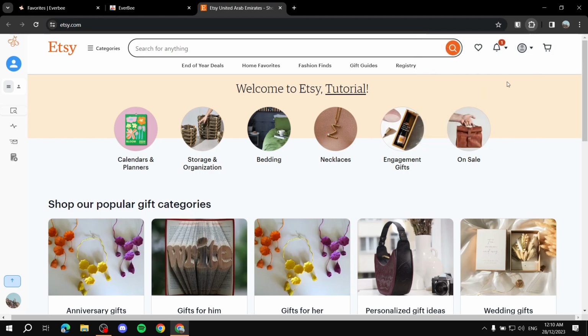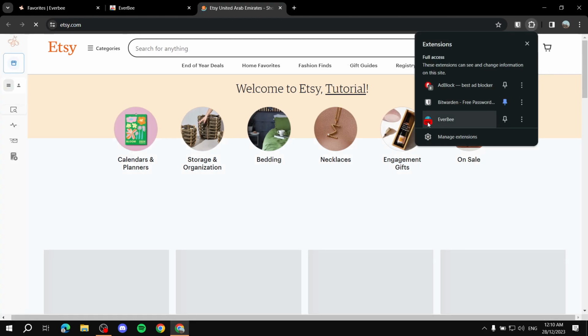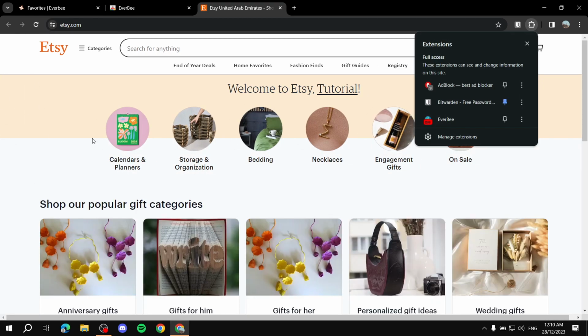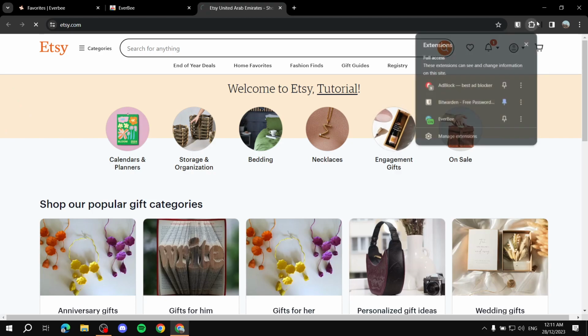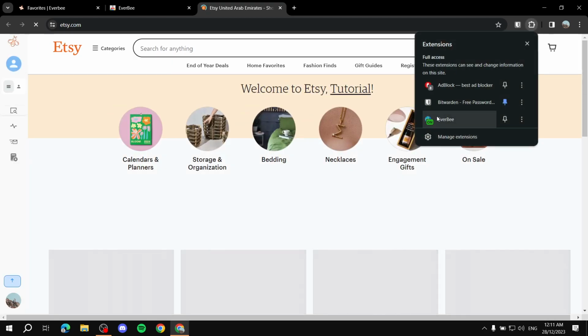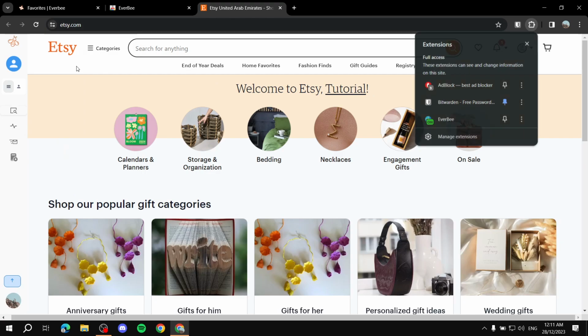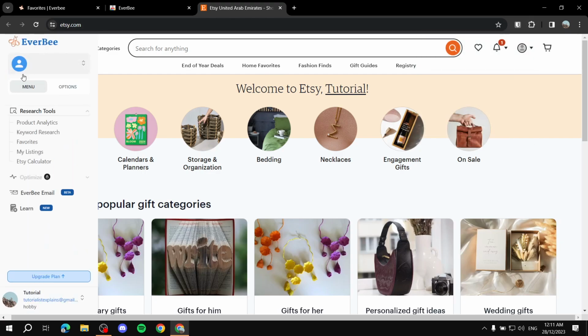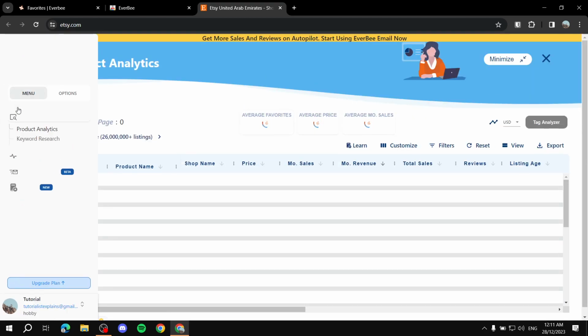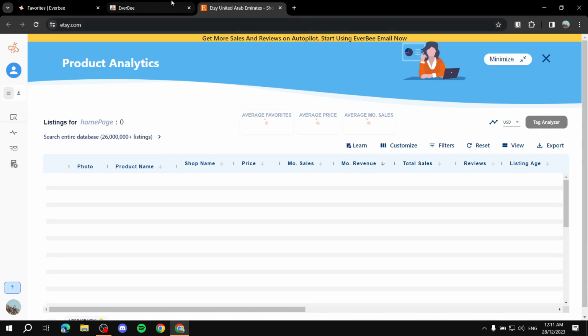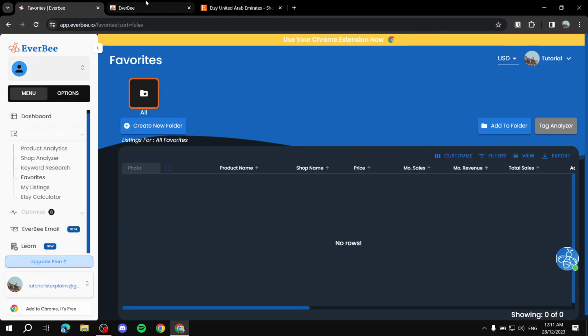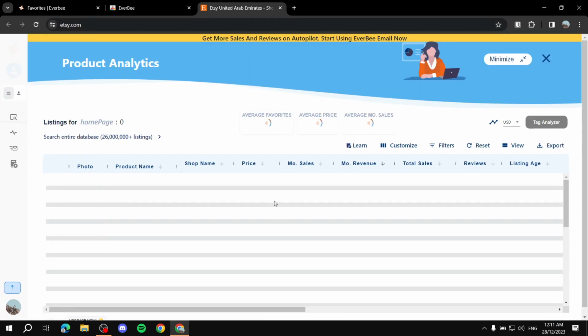So if you click on it, it will be turned on. If it says off, it's not going to show on the left. But then if you click on it again, it should say on. And then from here, you will find the menu on the left. From the menu on the left, you will find the same options that we found. Product analytics, where you can just search for products. And same thing goes there. Okay, if we just go back to our Etsy, we will find